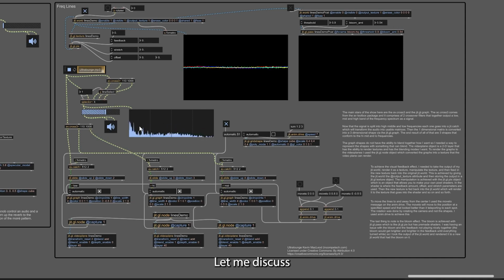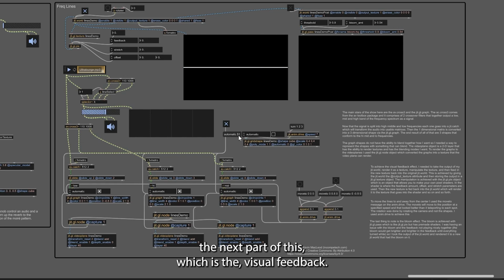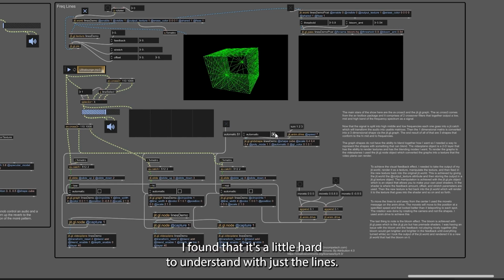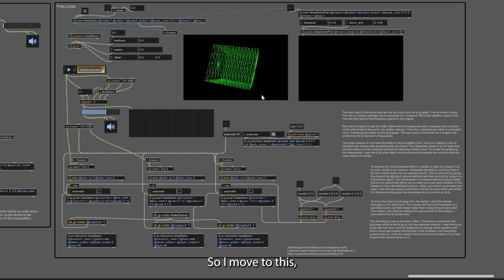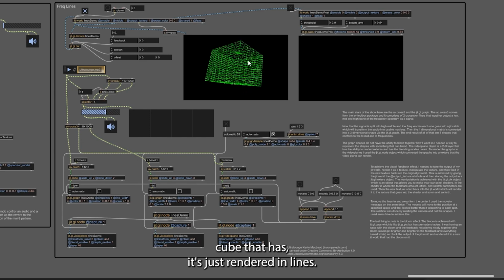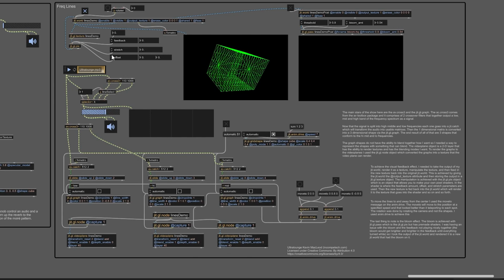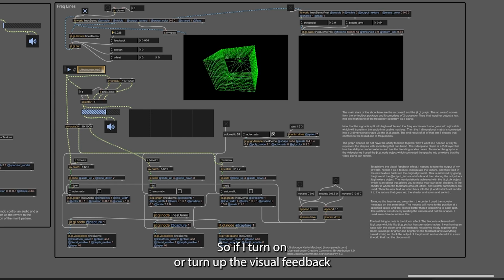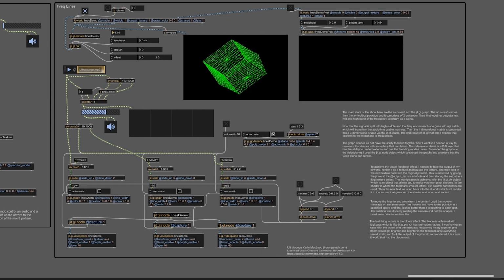Let me discuss the next part of this, which is the visual feedback. I found that it's a little hard to understand with just the lines, so I move to this cube that has it's just rendered in lines. So if I turn on or turn up the visual feedback parameter here,